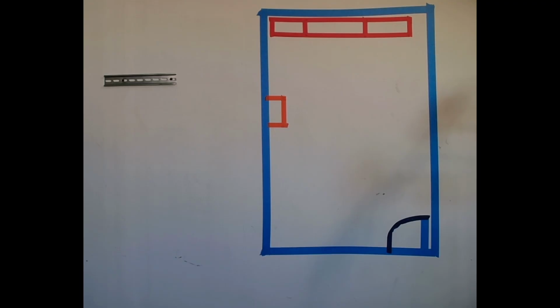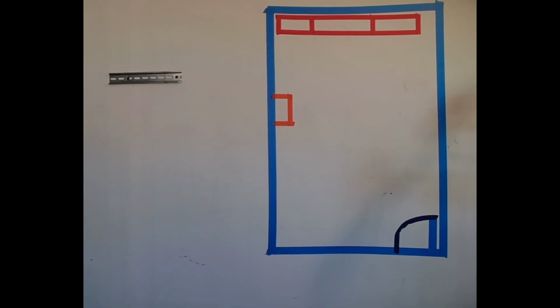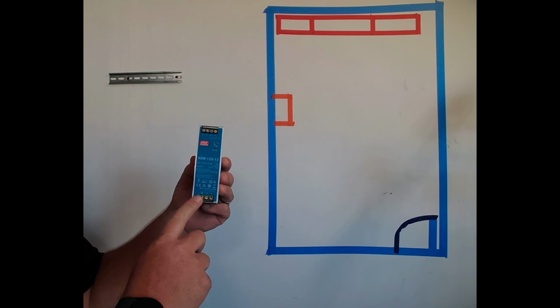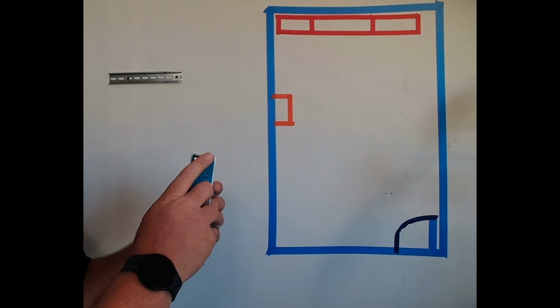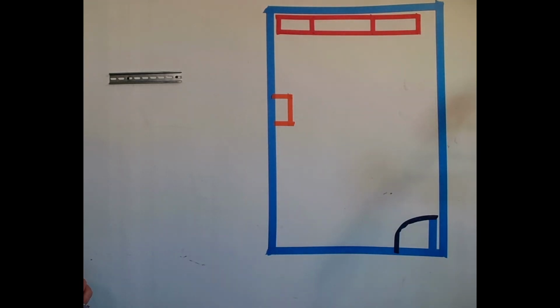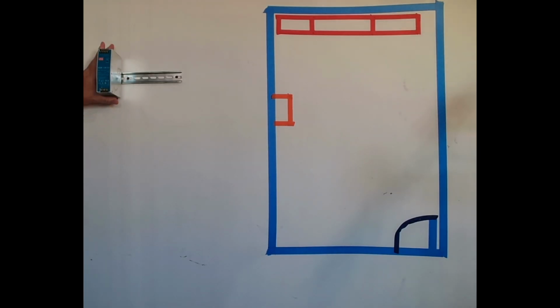Now we're going to start assembling our system. And we're going to start with the power supply. We have our line voltage down, that's ground, neutral, and line voltage. Up here we have voltage minus minus, voltage plus plus, and it's going to give us a 12 volt, 10 amp output. Now this is just snap track, so we're just going to snap it on the top,